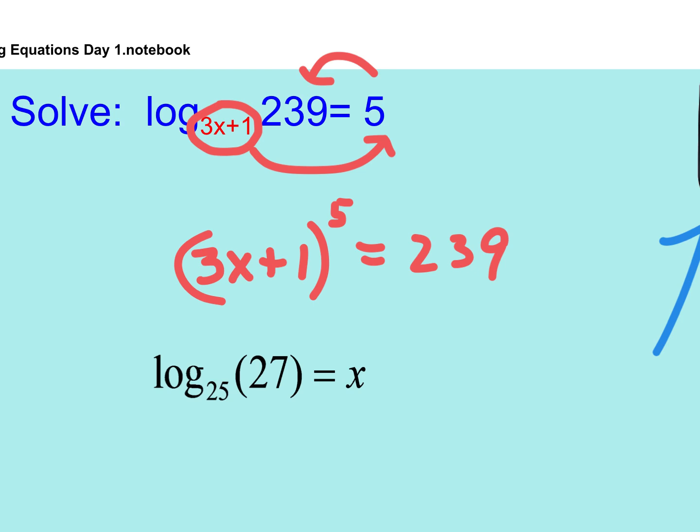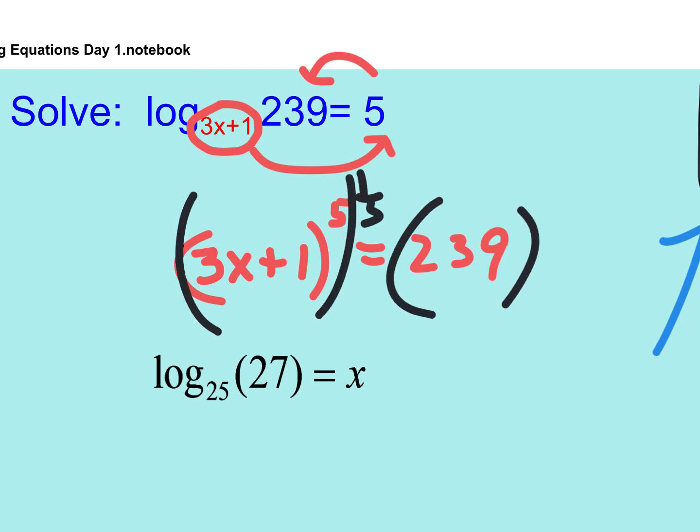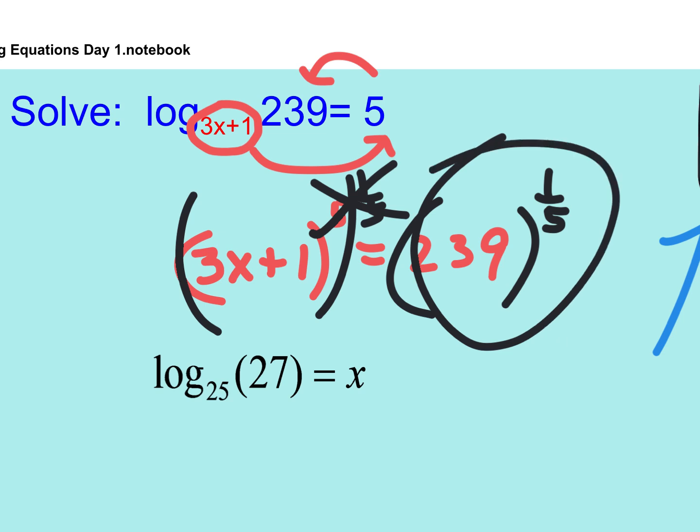Now, am I to the part where I have to have a calculator? Well, kind of. I just at least could say what I would do next. Jack, do you know what to do next? Put it to the 1/5. That part is easy, but I'm not going to be doing that in my head anytime soon. But I'd just get a decimal for that, and then I'd subtract 1, divide by 3. It'd be pretty easy from there. All right. Now,